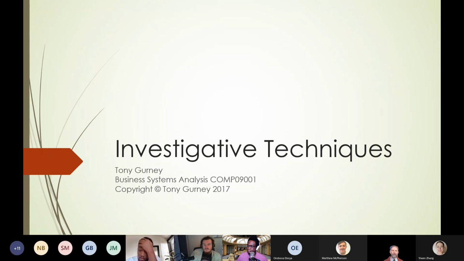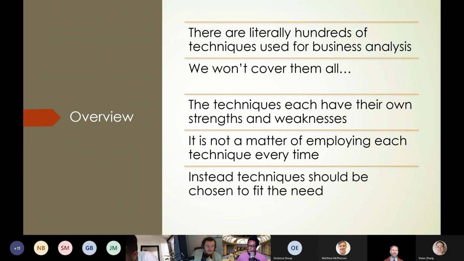And as I say, I'm not doing everything. There are hundreds of these things. The book, you remember, had 99 techniques that you can use. The reason there are so many is because they each have their own attributes that might make them reasonable to use in a particular situation. I also think that part of it is about how comfortable each business systems analyst is in using each of the techniques, and I'll talk a wee bit about that later when we look at some of them.